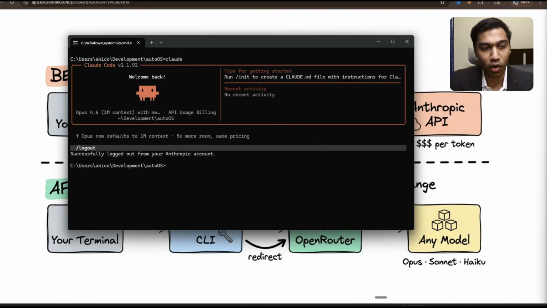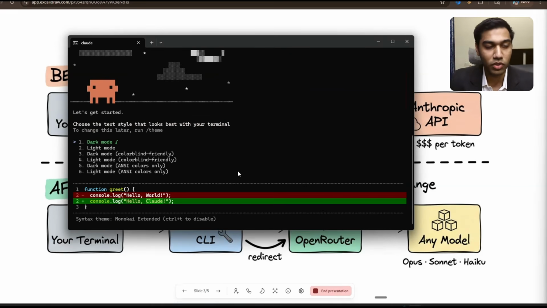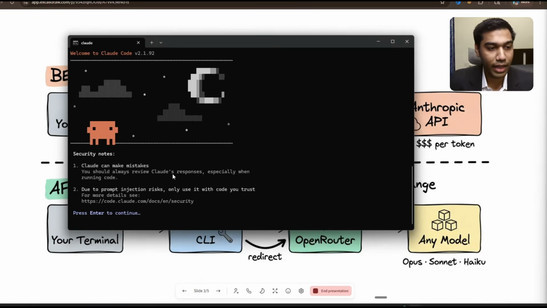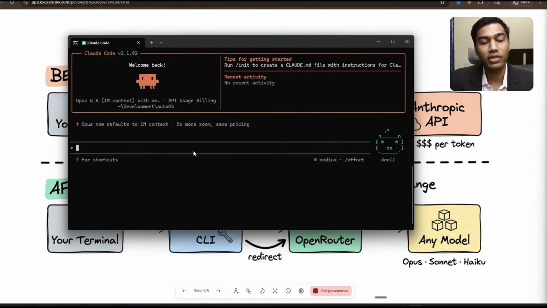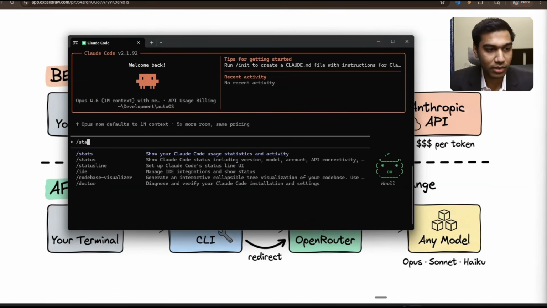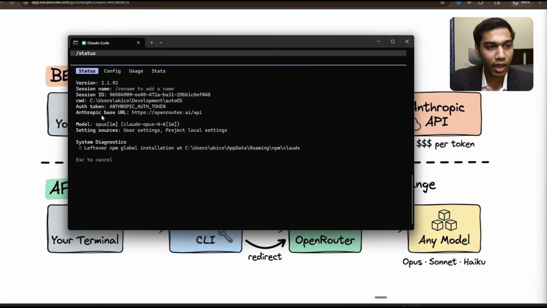So just make sure that you are logged out and start Claude again so that it gives you this option, dark mode, and then we just press enter, and because it now has access to new settings, you can see Claude shows API usage billing instead of the subscription. And to verify this, just search for status, and you can see we have the new URL